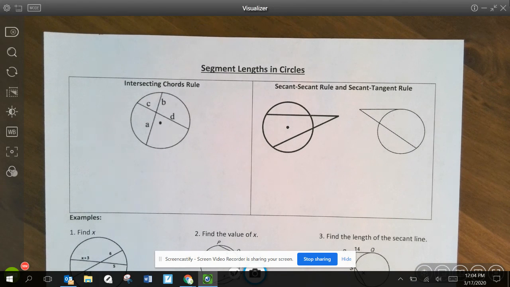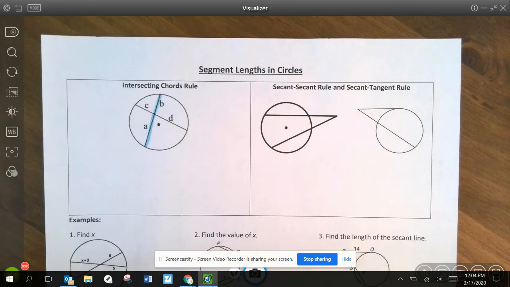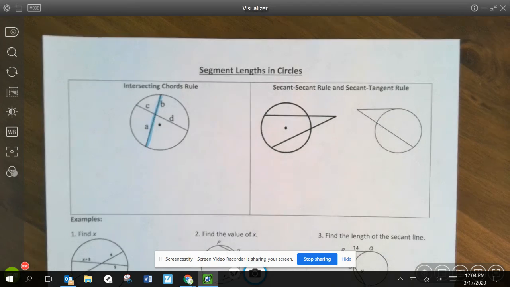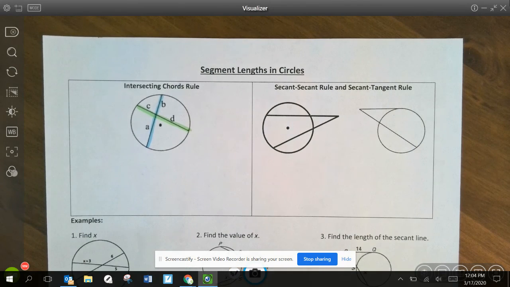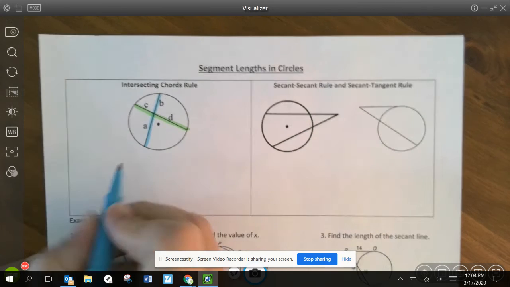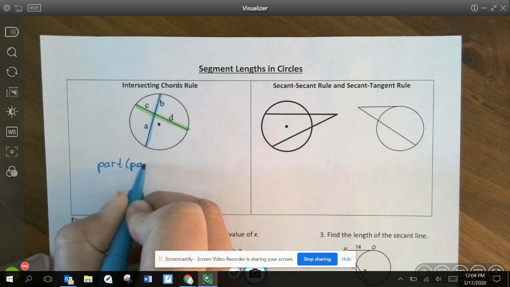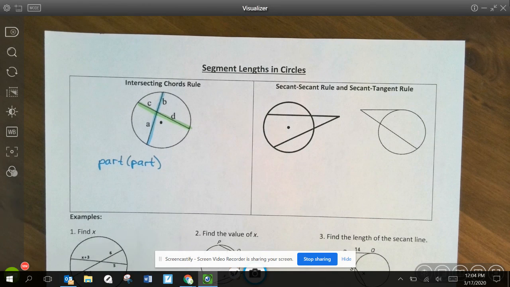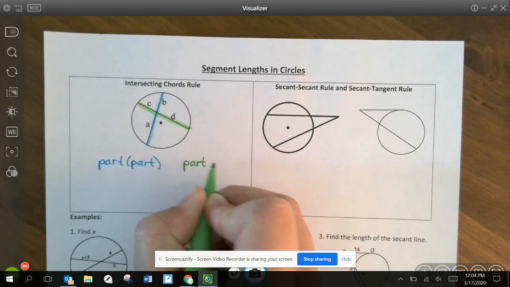We're going to be looking at two chords here. I'm going to make one of them blue, and I'm going to make the other one green. Now for these, we're going to have to memorize a couple of formulas. Okay, so the first formula I want you to think of is part times part. Notice how they're both in blue, so that'll be your A and your B. And that's going to equal the other two parts on the green chord